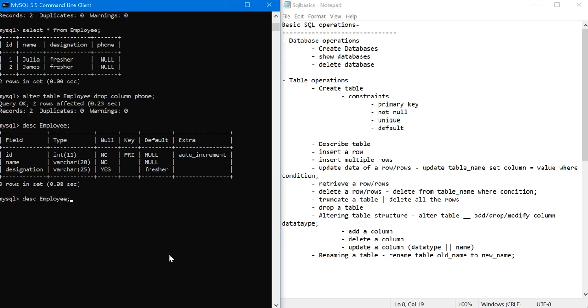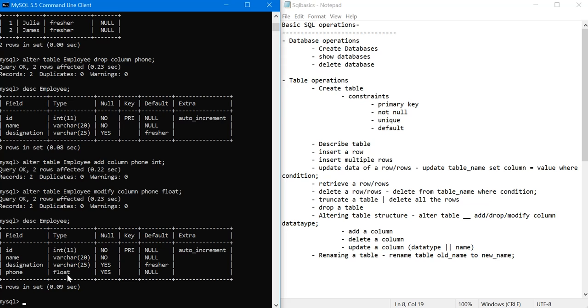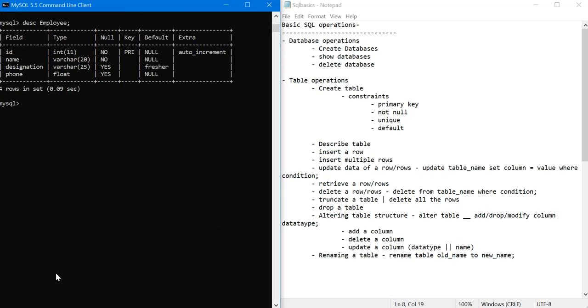Now for example, I have to actually update this column, so I will do something like this: alter table employee modify column phone with float. I will change its data type. Now when I go to describe, as you can see, its data type is changed. So I will just delete this column, alter table drop column phone. Okay, now